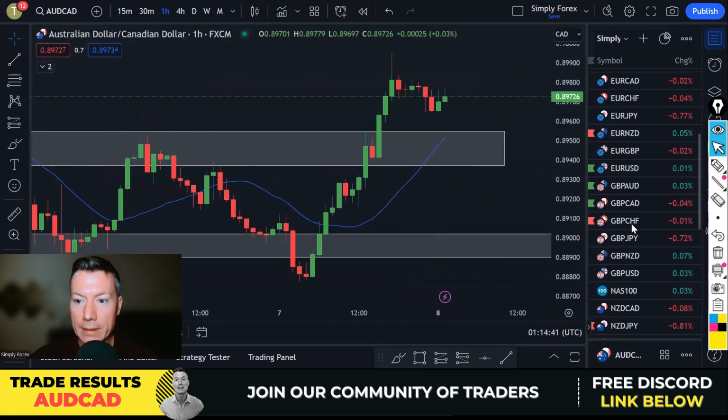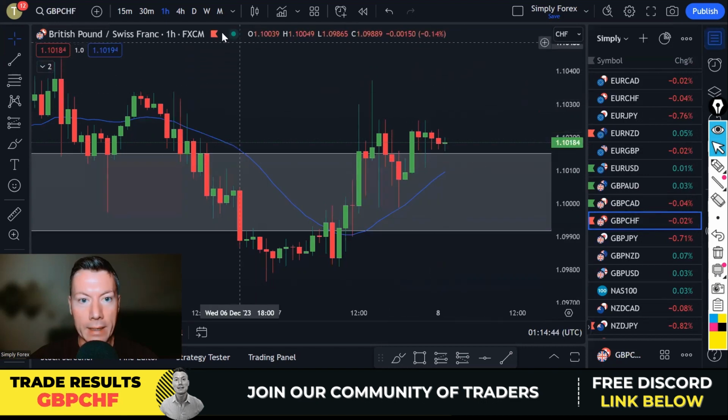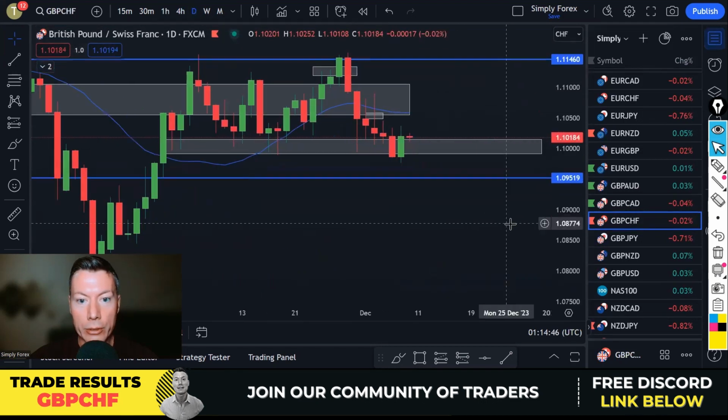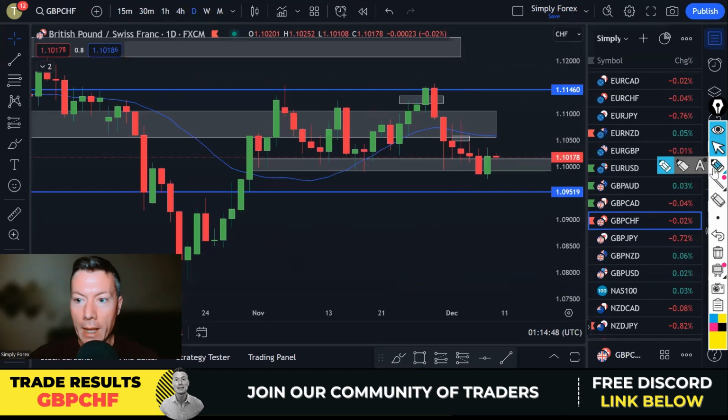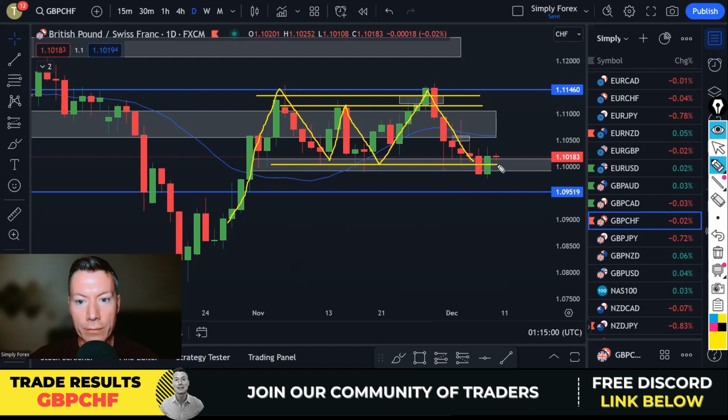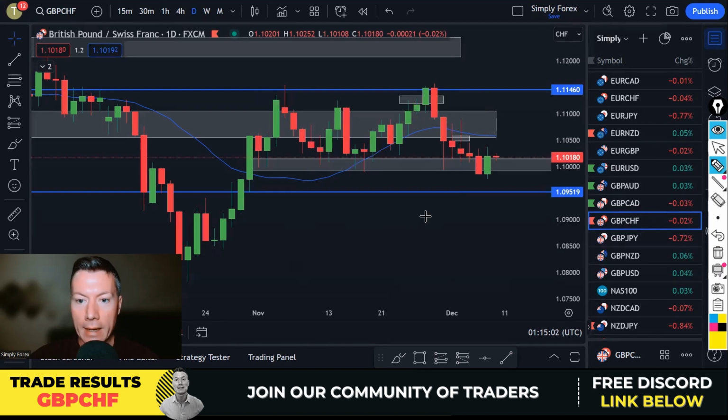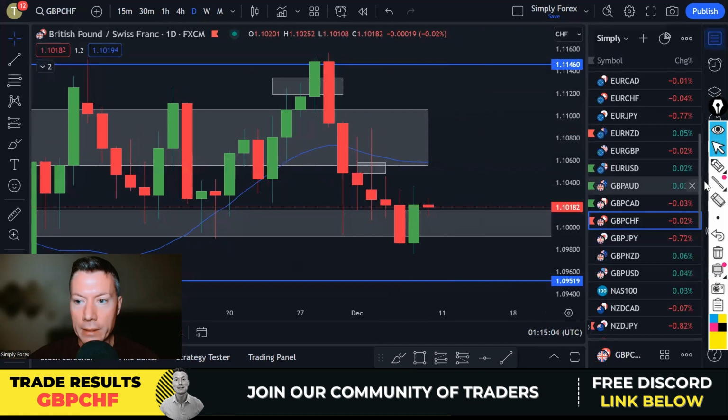And the next trade from yesterday was pound against the Swiss franc. And we were looking to short this as well, guys. So why were we looking to short it? Well, we found ourselves in this range, range slash uptrend, but really in this range from here to here, okay? And then if we zoom in, you can see this candle broke the range. We broke all of these lows in here,